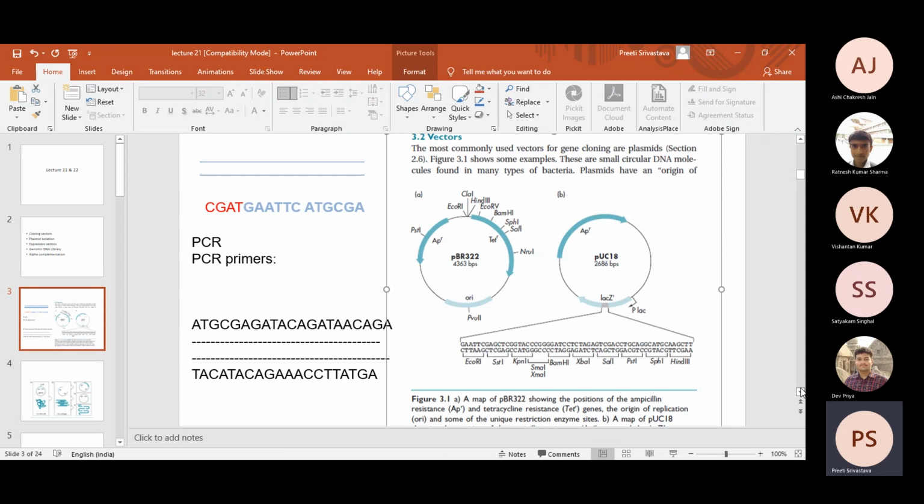The ends generated by PstI are not compatible with the ends generated by BamHI. So in this case, if you are using two sites, there are two advantages. You can maintain directionality. The number of self-ligated colonies are going to be less or almost none. The reason I am telling you less is, at times if the digestion is not 100% complete, you can have self-ligation, but then the self-ligated colonies can be removed with the help of blue-white screening, correct?